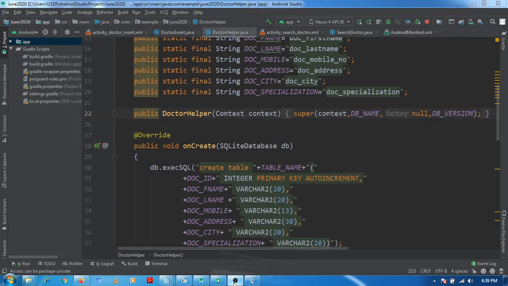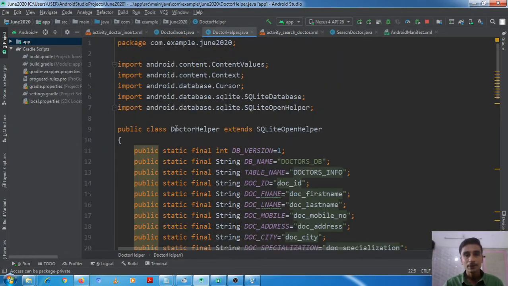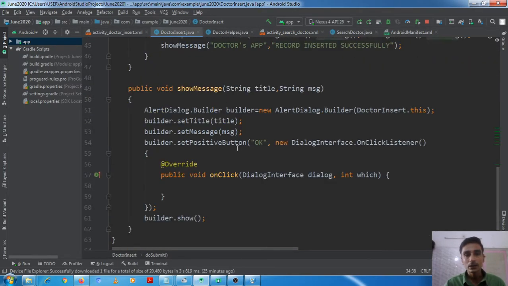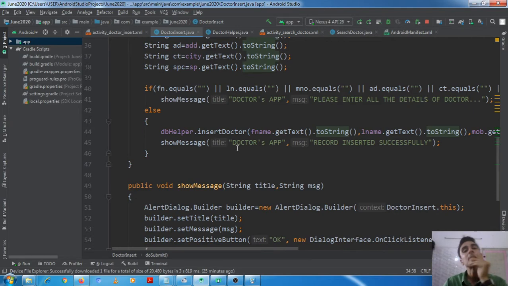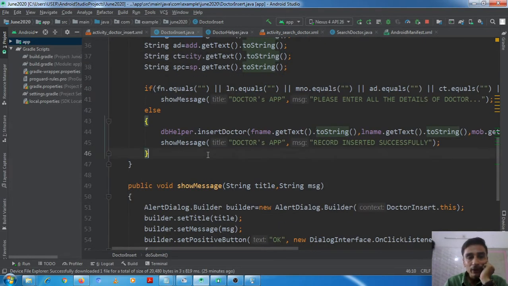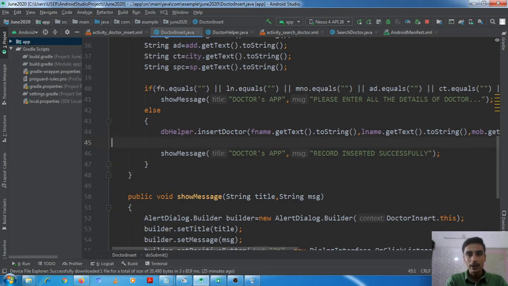Okay, so first we should apply that thing. See, it is our doctor insert activity, and when the client clicks on the submit button, at last, if the record is successfully inserted, we should make all the text views empty.